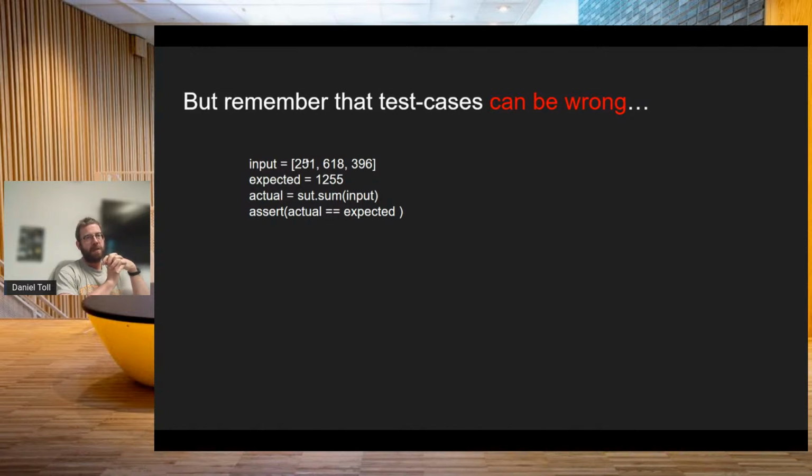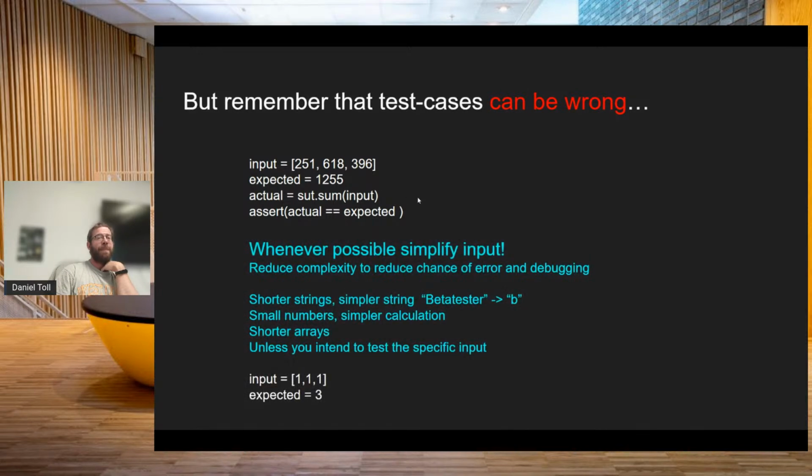So, it looks right to me when I just see 400 plus 600 plus 200, looks okay, right? It should be around that, but it isn't. So it is wrong, and I intentionally made it a little bit hard to look up. It's not too hard, right? It's on the edge of what I would do just with my head, right? So let's not do that. Let's make simpler